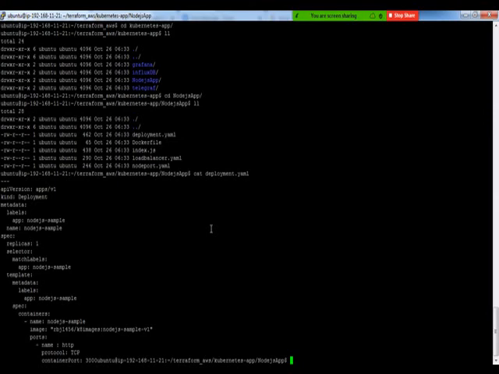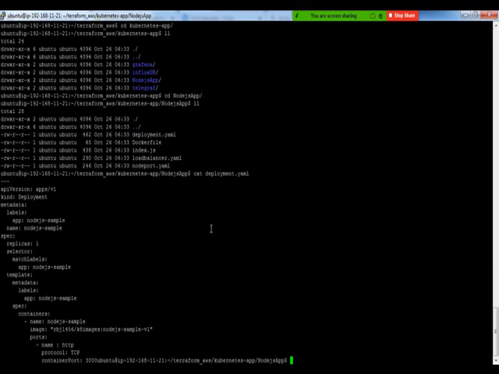Now Kubernetes has sort of a layered abstraction. The top layer in Kubernetes abstraction is what we call a deployment, which is going to manage the replica set for a given deployment.